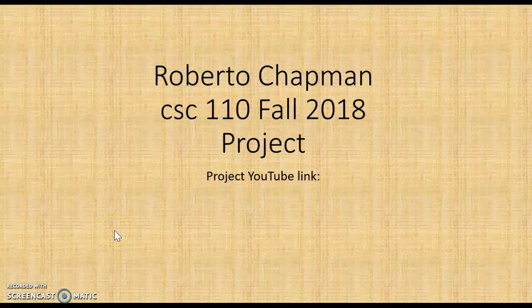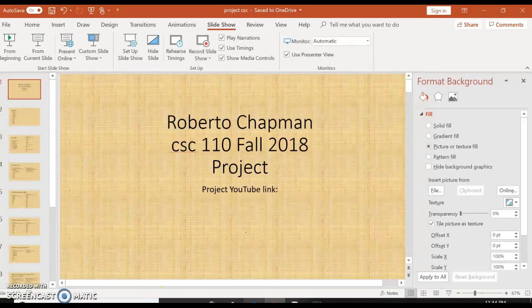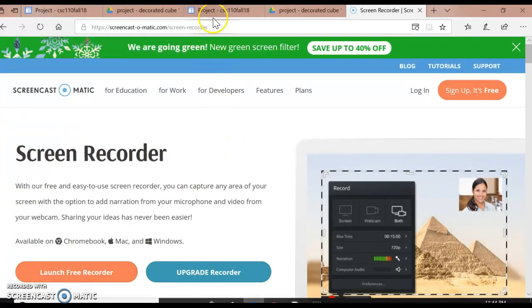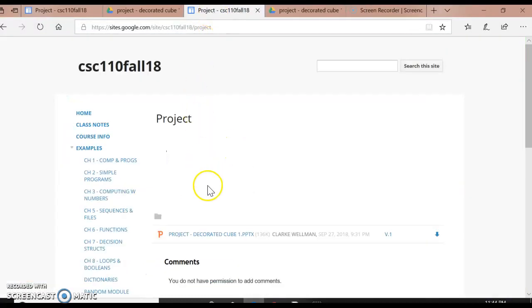Okay, today we're going over my project for fall 2018. Our goal was to make a cube with four different sides. So let me give us a little example. We had to